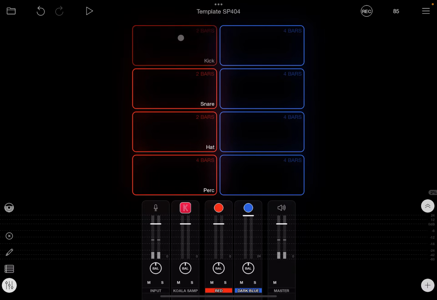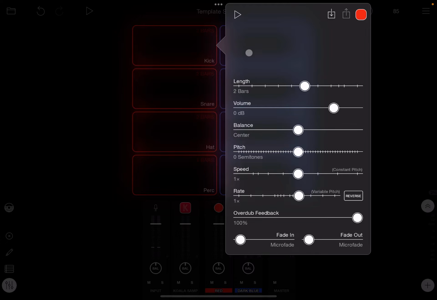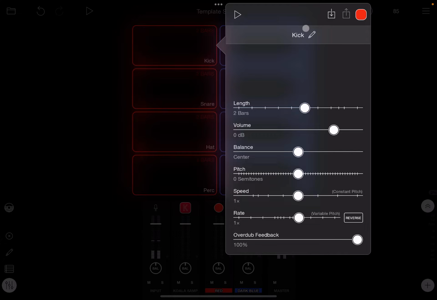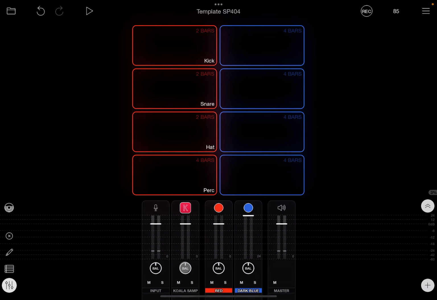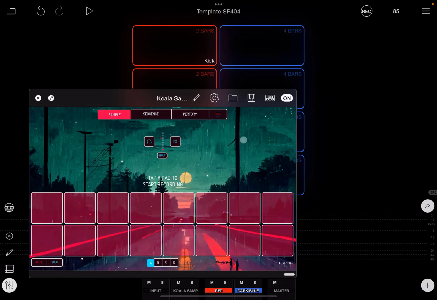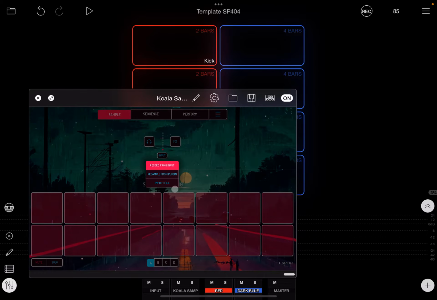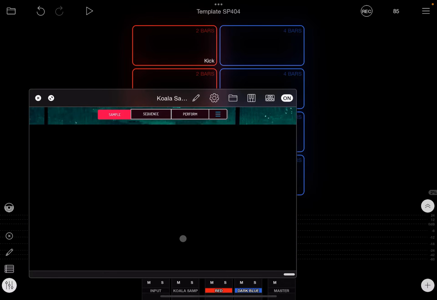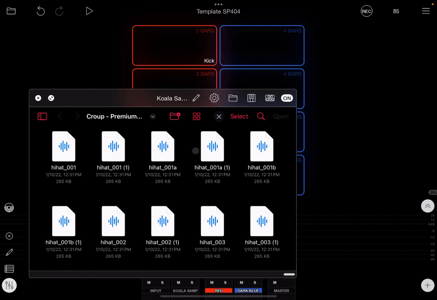But if you swipe up, now I did it with the mouse there, you can in here label each one, and I highly suggest doing that too, and setting the bar length. It just helps a lot with recording in here. What's cool about this is, if you use Koala and you like Koala, of course you could just sequence in Koala, but if you wanted to use Loopy Pro, something I did not realize this could do,